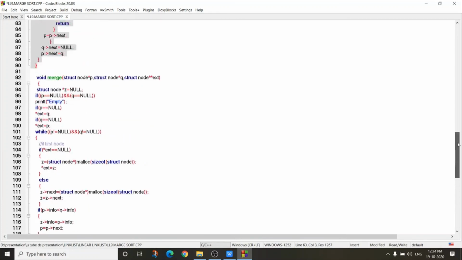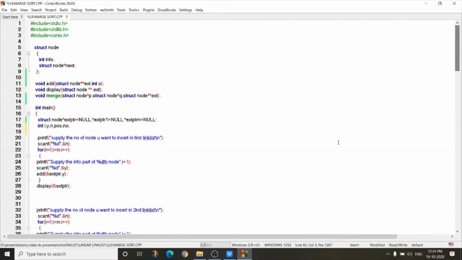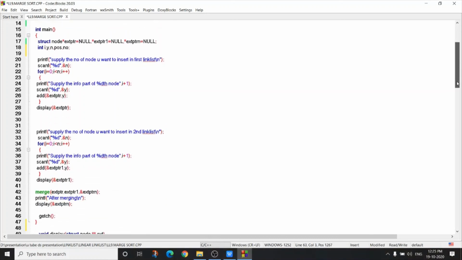Now I am showing the total code. Pause this video, try to do it on your own. Node structure and prototype declarations. This is main.